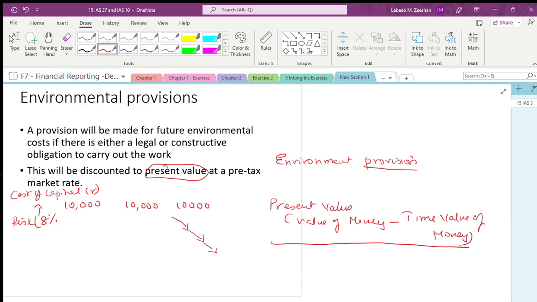They say that it is for year 1, year 2, year 3. The year 3 value will not be 10,000. Definitely the value will decrease. Then what we are doing, again I am saying, we are calculating present value. What is present value? C divided by (1 plus r) to the power of time. We have covered these things in the cash flow statement.